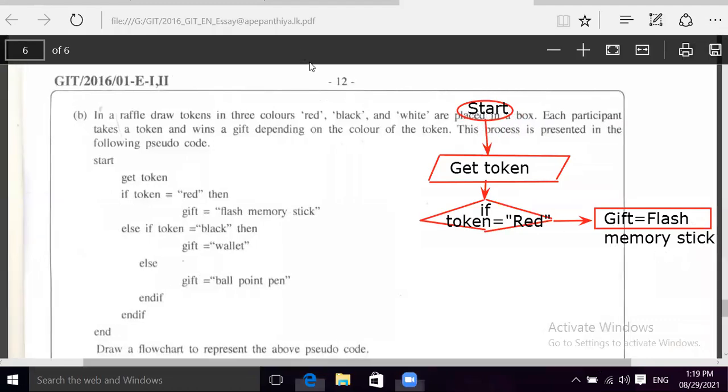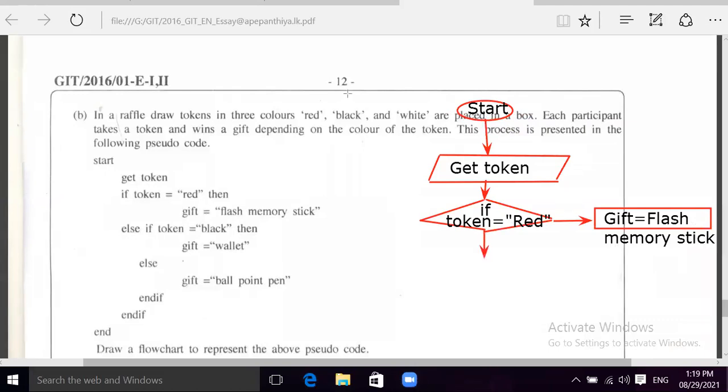If that is no, this is the no part, this is yes. Again, you have to check whether it is black, right? So if token equal black,